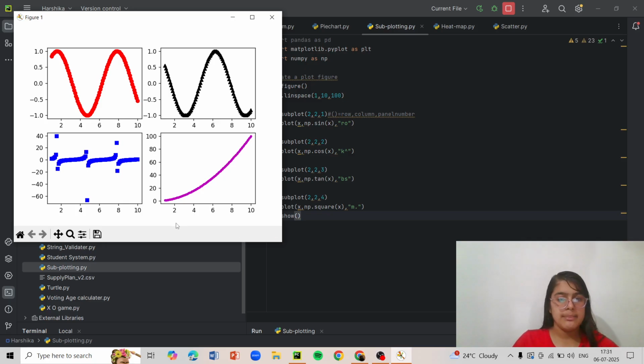This is a line, this is a square map, this is a tan map, this is a cos map, and this is a sine map. So these are all normal line graph maps, and there are things like sine, cos, tan, stuff like that, which we use as a map to display different numbers.